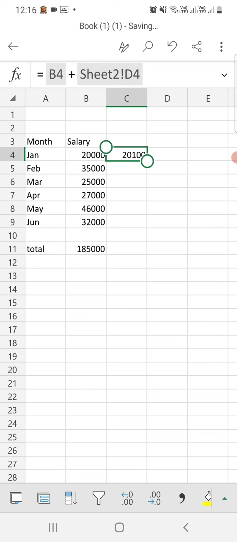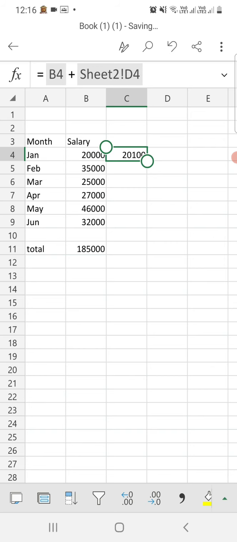We just select that cell and sum it, that is 20,000 plus 100, it will show you the result 20,100.